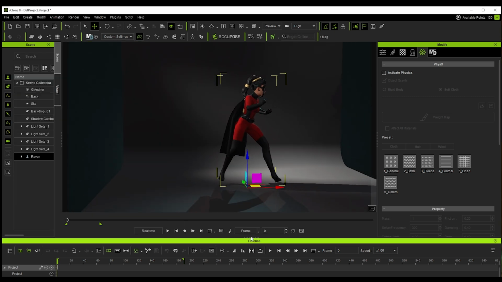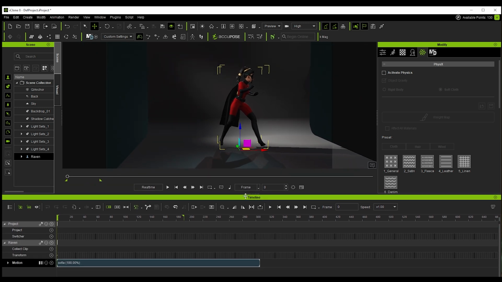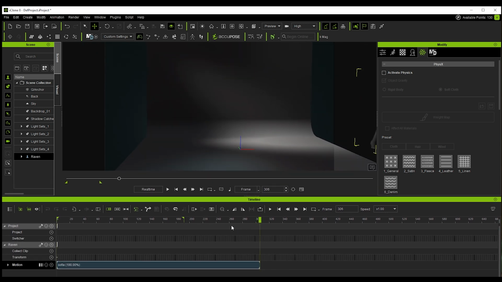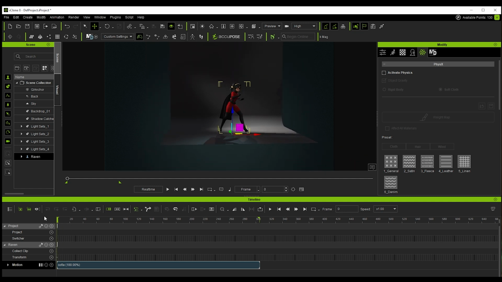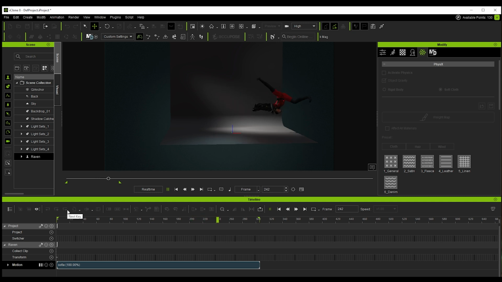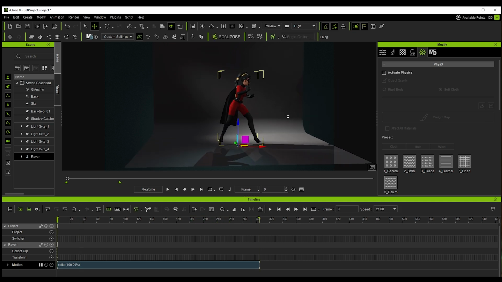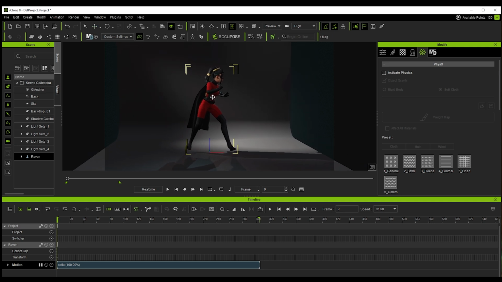Alright, now the animation has been applied. Things we need to keep in mind. First, let's see if it turned out well. I'm going to scroll to the end and finish it here. I'm going to zoom out a bit and let's see if it's okay. And we can see that it is. It does it correctly. Exactly the same. Things we need to keep in mind here.